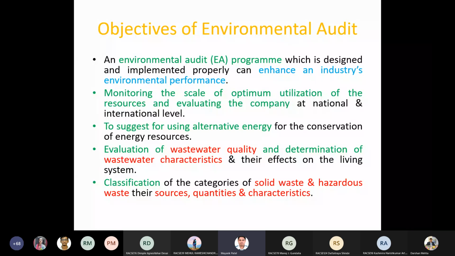So environmental audit program which is designed and implemented properly can enhance industry's environmental performance. So you are comparing last year data with the current data, and how far you can go in terms of productivity, effectiveness of pollution control, right? All these things you will mention in this environmental audit report. And before you mention it, you will thoroughly check it. So you will analyze it. You will take samples also. So all these things at the end of the year will give a clear idea of the industry's